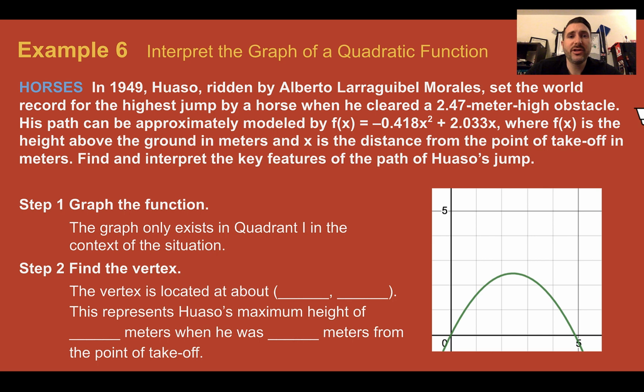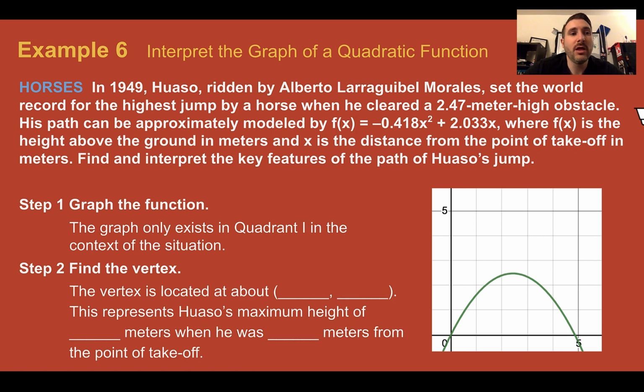Example 6. Interpret the graph of a quadratic function. Our real context here is horses. In 1949, Hueso, I think I'm saying that right, ridden by Alberto, and I'm not even going to try to pronounce his other names, set the world record for the highest jump by a horse when he cleared a 2.47